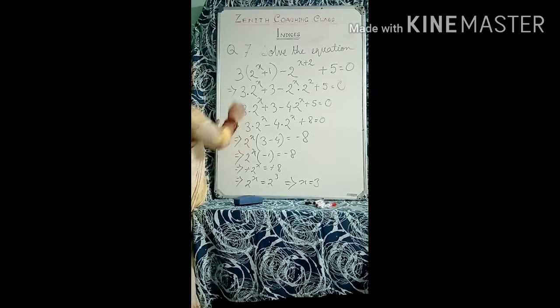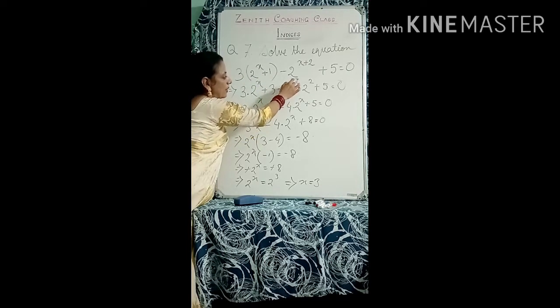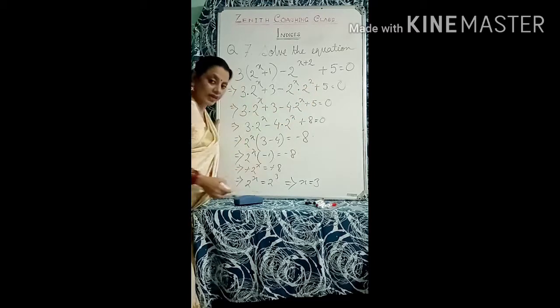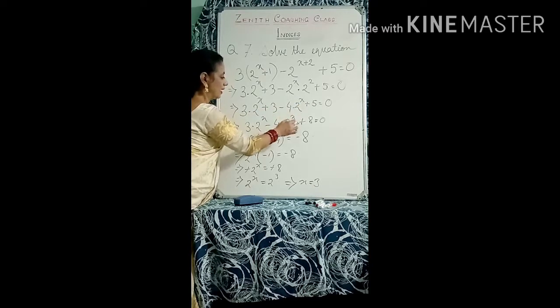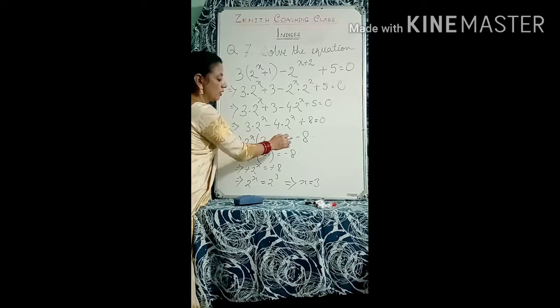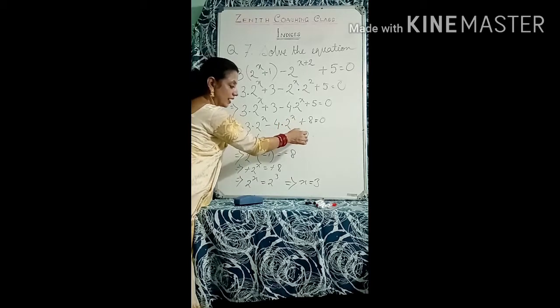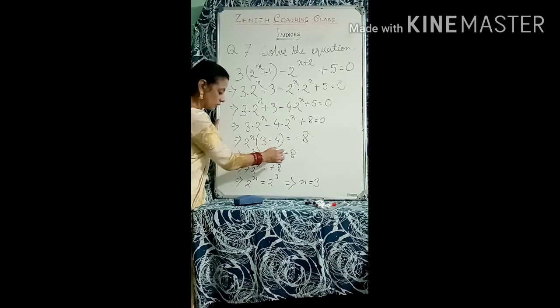Okay, so you have to write 3 multiplied by 2 to the power x. Again, I am telling you, 3 into 2 to the power x, that is 3 multiplied by 2 to the power x plus 3 multiplied by 1, that is 3, minus 2 to the power x multiplied by 2 to the power 2 plus 5 equals 0. Then 3 multiplied by 2 to the power x, plus 3 plus 5, that is 8. Here is 4 multiplied by 2 to the power x. So here 2 to the power x is common. So you will write in the bracket 3 minus 4 equals, it was plus 8, then here there is minus 8. So 2 to the power x in bracket 3 minus 4, that is minus 1, equals minus 8.